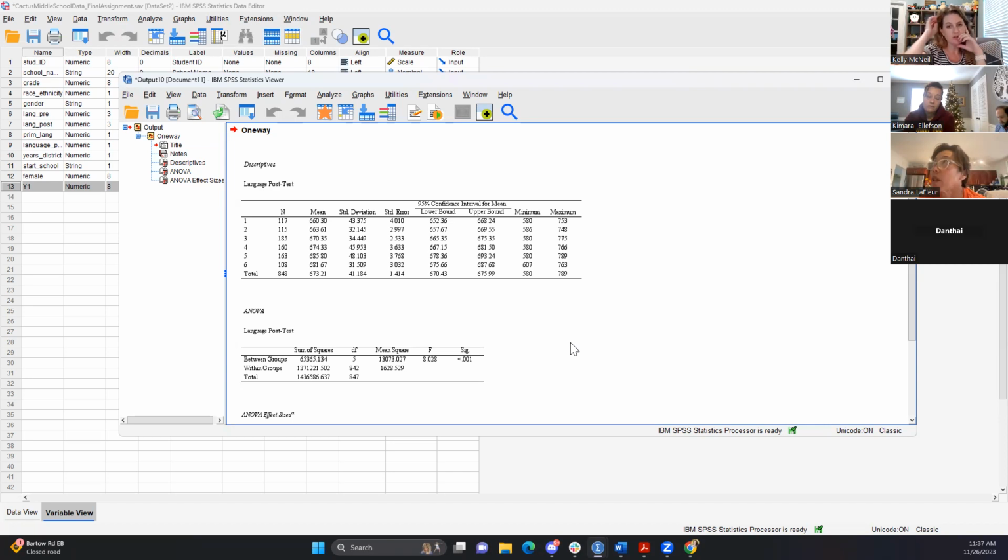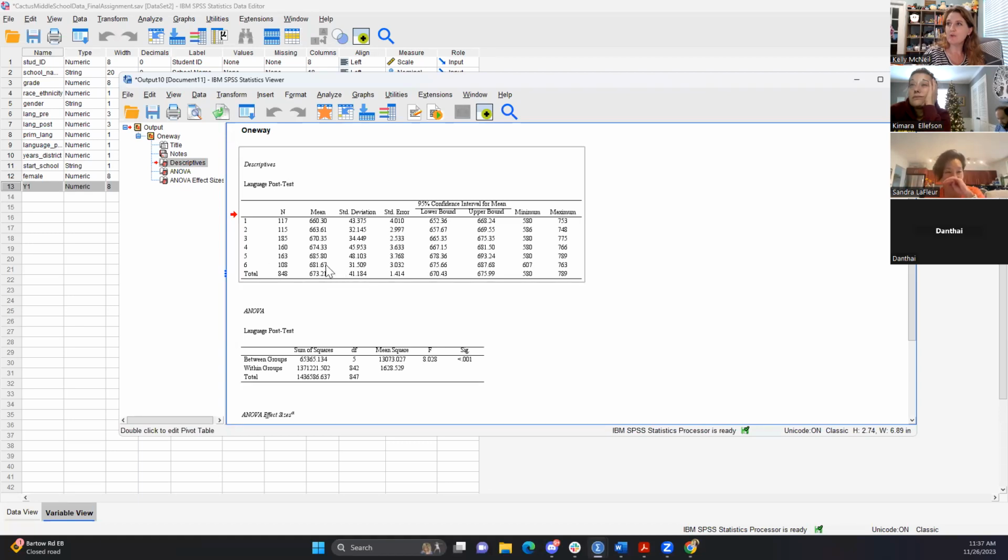Oh, I see what you're saying. Are you able to do it that way? But let's just go with this right now because this is exciting. This is not telling us what we're wanting. I think what Kamara wanted to see was this. It's really interesting: the people in year 5 actually scored higher than those that stayed for 6 years.